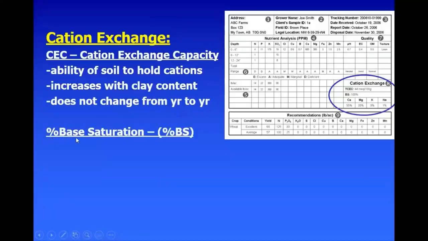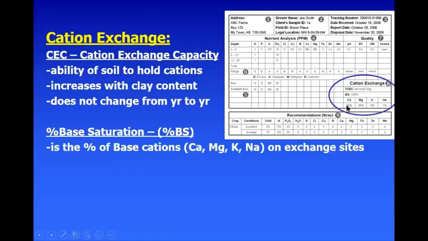Now, another thing that some labs will determine is percent base saturation. The bases are the calcium, magnesium, potassium, and sodium. And if your pH is above 7, well, then your base saturation will be 100%. If you're less than 7, then you'll start to see the base saturation drop from 100% to lower. That'll affect the percentage of calcium, magnesium, potassium, and sodium on the exchange complex. So really, you're just measuring the percentage of calcium, magnesium, potassium, and sodium on the